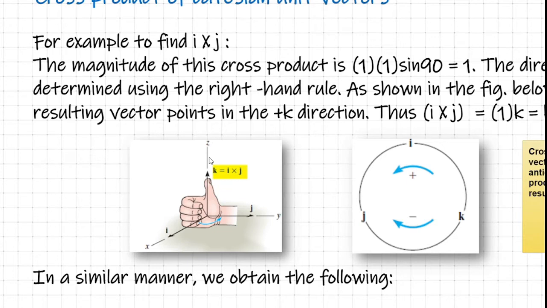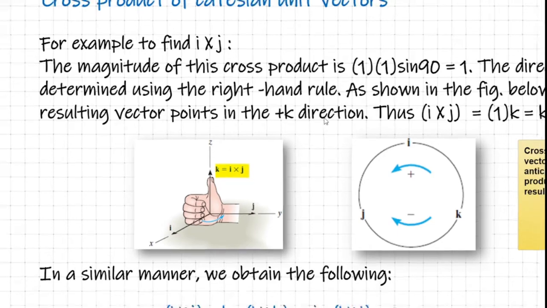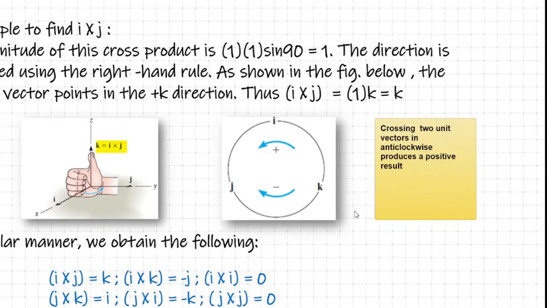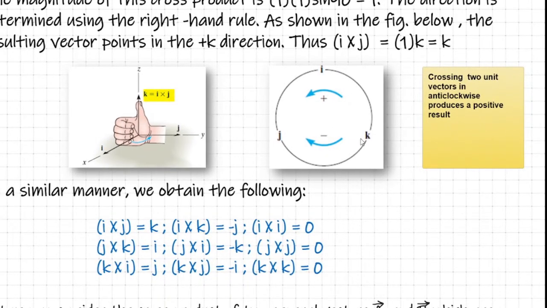Okay, positive z-axis, and also we know that the magnitude of I cross J is unity. So which means that I cross J is equal to its magnitude, that is 1, into the unit vector along its direction, that is K. So I cross J is nothing but K. Okay. So now there is a simple rule. We cannot memorize all the vector cross products between different combinations of the unit vectors. So the best way is that you write I, J, K in the anti-clockwise direction